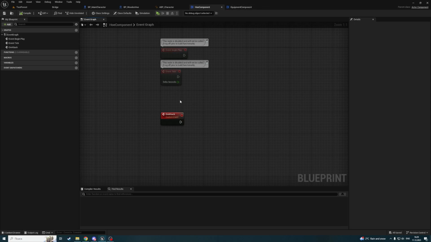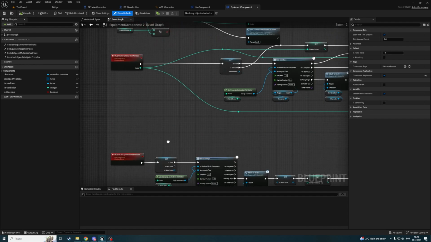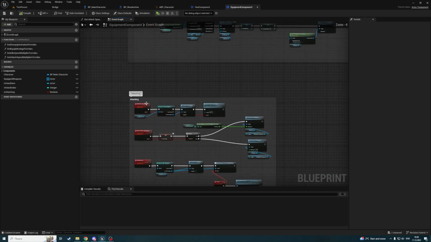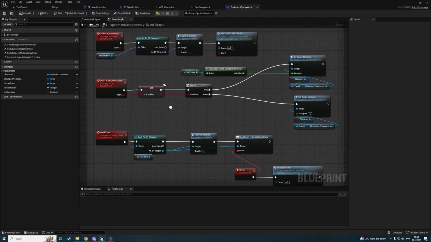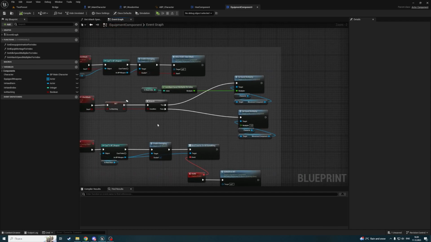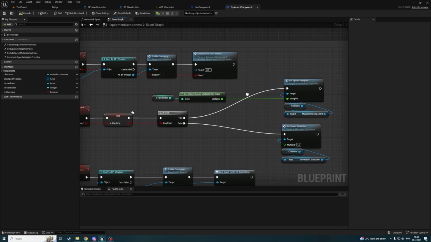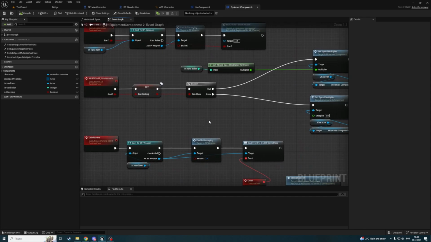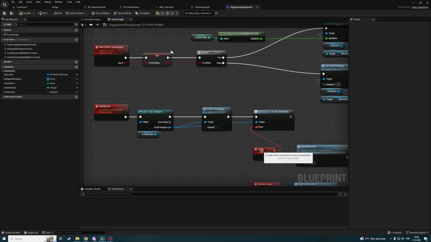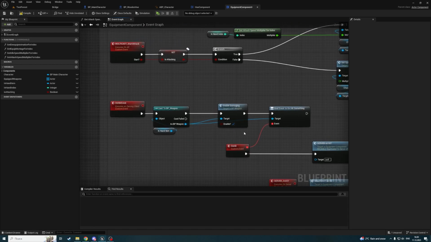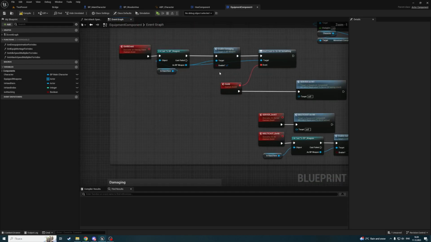And now we need to call this event somewhere. In my case, I'm handling an attack event in my equipment component. And I have an event called onHit event here, but this event occurs when an animation notify is called. So I need some animation for